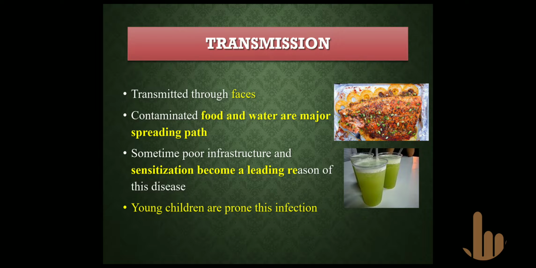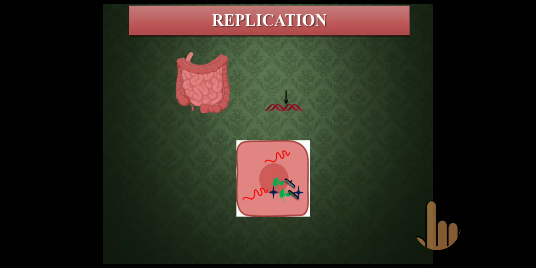As I have mentioned, the main pathway for spreading of this disease is food, feed and poor hygiene. When the transmission occurs, next is replication. For the replication, the virus needs an organ. So basically it targets the intestine, and when it replicates, it needs the genetic material, that is RNA, and the other peptides and proteins. So how does it enter the body and replicate?